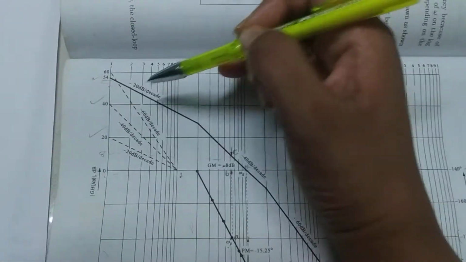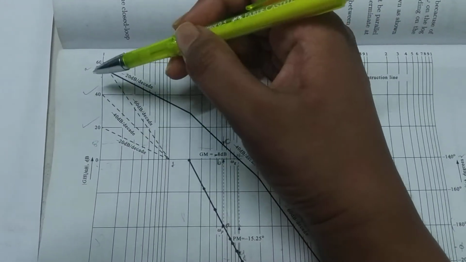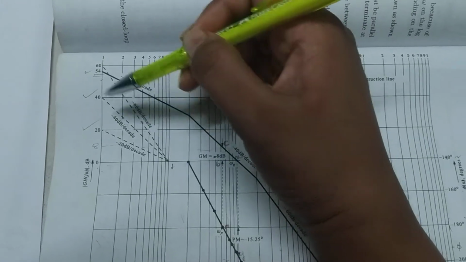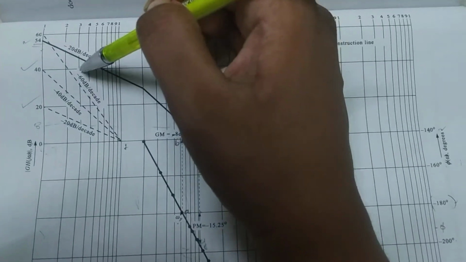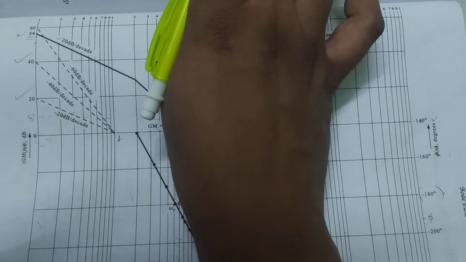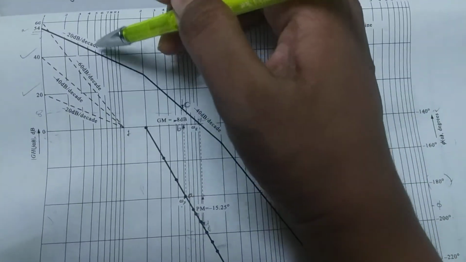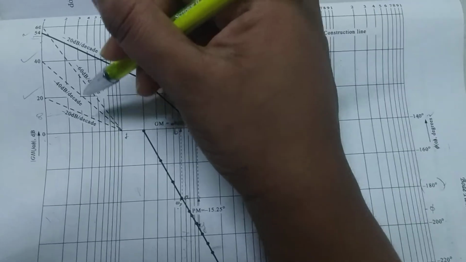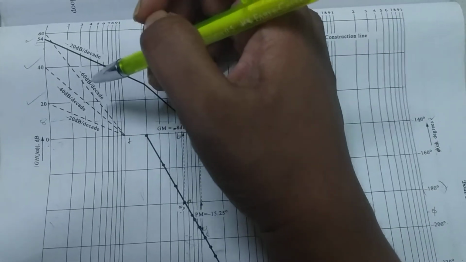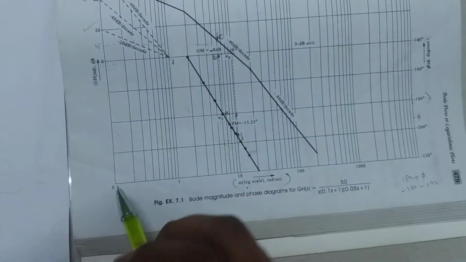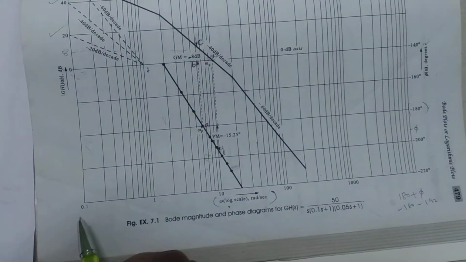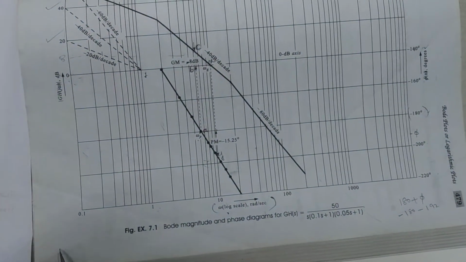See, these minus 20, minus 40, minus 60 are the reference slopes at a given point. It is not possible to plot the magnitude plot from zero, because of the logarithmic frequency value, that is log 0 equal to minus infinity. So the minimum value of omega on the log scale is normally taken as 0.1.